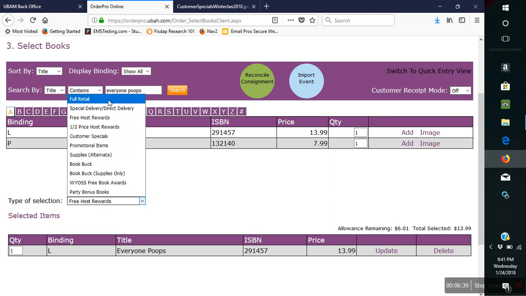So we did full retail. I've never used this. We did free hostess rewards, half price rewards. You can't order customer specials through OrderPro, so I don't know why that's on there. Promotional items, supplies, book. BookBuck is if somebody ordered a book and then it went out of stock, you can click and then they get a BookBuck. It's kind of like a gift certificate, I guess, or a rain check,